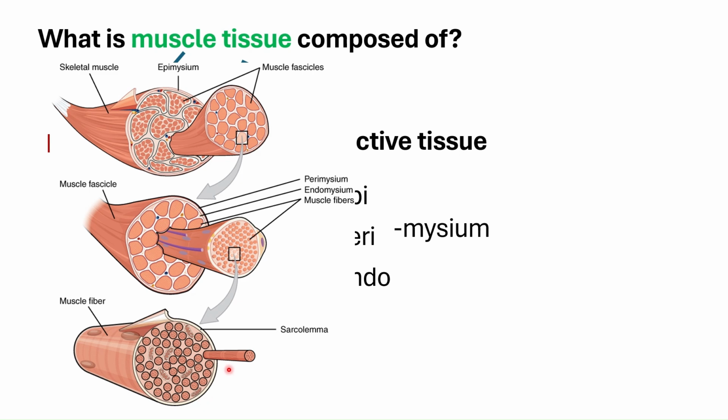So the first layer will be your endomysium surrounding your muscle fiber, and then a group of muscle fibers surrounded by your endomysium is further surrounded by another layer of connective tissue, which would be termed your perimysium. So this perimysium is the one which creates your muscle fascicles, or your bundles of muscle fibers. Okay, and then a group of muscle fascicles surrounded by your perimysium is further covered with a thicker version of your DWFCT, and this would be your epimysium.